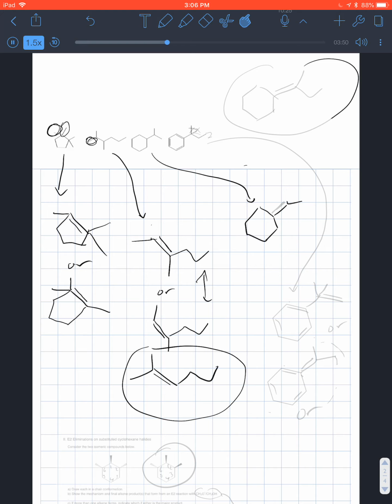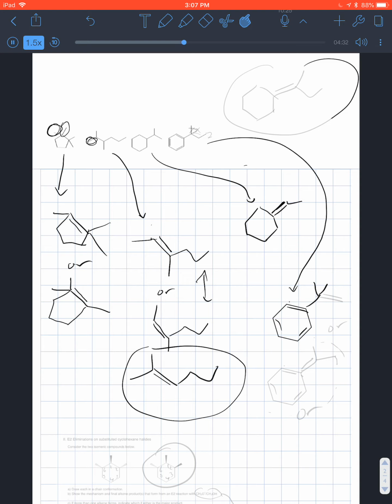this, and so the first one that could get eliminated is this one methyl group here, and that would result in the one forming right there, and that would be the only product to form from that reaction. And now for the last one, come over here, we have that, okay, and then we have